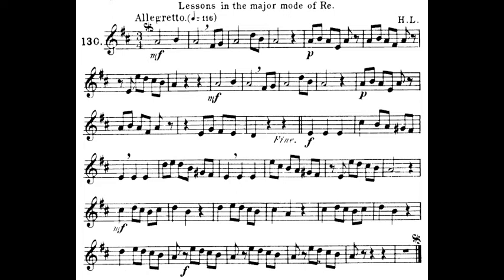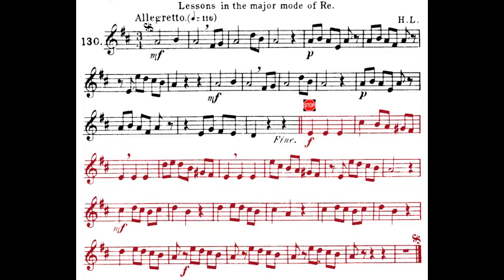So you might notice in the B section, this piece takes the form A, B, A, that the entire B section is in A major before we start at the beginning again at the sign. So let's put a stop sign there, and we'll do an A major warm-up once we get to that stop sign, and that'll be the only place that we stop in this. We won't stop when we go back into D major at the beginning. And so when we come to that stop sign, we'll do an A major warm-up, which will